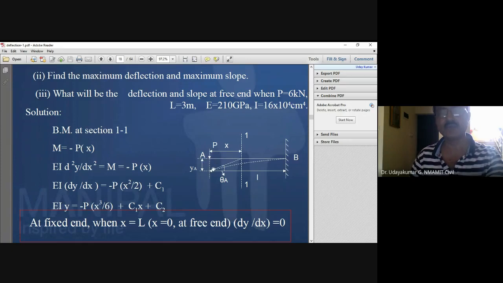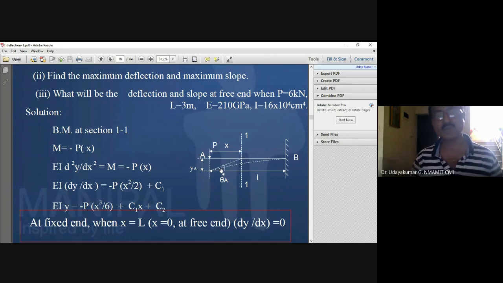into y. But you must know that while taking the bending moment, all loads acting downward cause negative bending moment, hogging bending moment. All loads acting upward cause positive bending moment or sagging bending moment. So load acting downward causing negative bending moment. It is not clockwise or anti-clockwise. Remember this. While taking bending moment, it is not clockwise or anti-clockwise. It is only the hogging and sagging bending moment. The hogging bending moment is negative and sagging bending moment is positive.